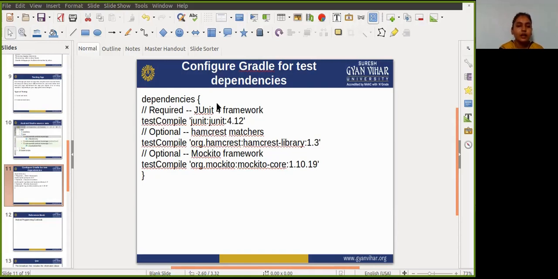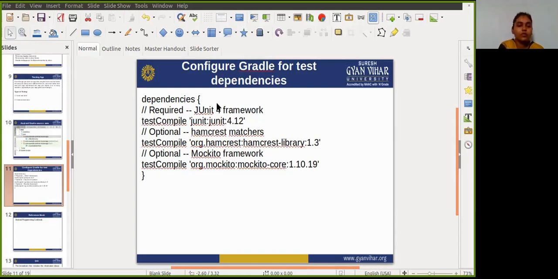These source sets correspond to folders in the src directory for your project. For example, the files for the test source set are located in src/test/java. Now we have to configure Gradle for test dependencies.